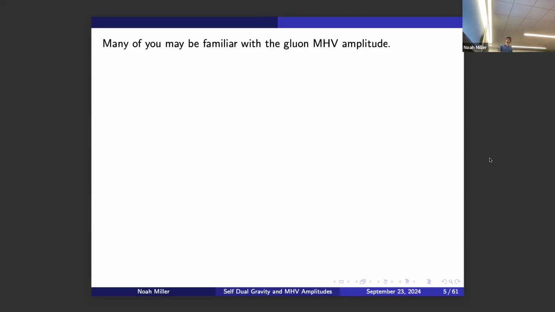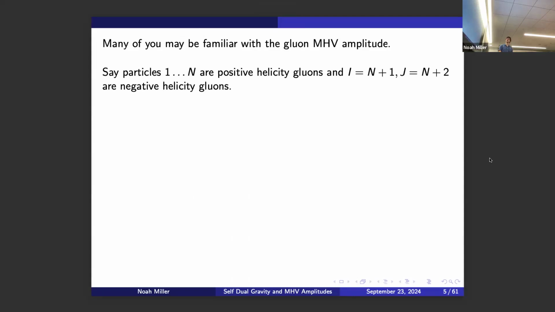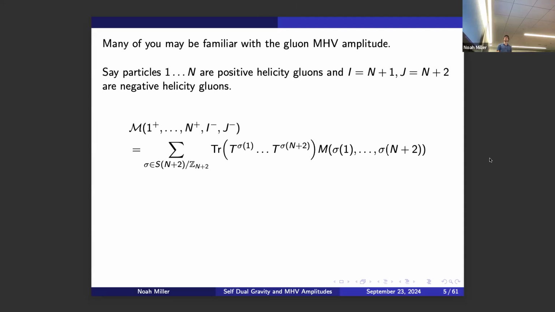So some of you might be familiar with the gluon MHV amplitude, which is sometimes discussed in QFT courses. So if you have an arbitrary number of positive helicity gluons, just in pure Yang-Mills, let's say, and let's label the two negative helicity gluons by I and J, which let's just say are I is n+1 and J is n+2, then we can always write a Yang-Mills amplitude in this color-ordered format where you have generators for the algebra, SU(N) or SU(3) or whatever, in some sort of cyclic ordering, and here we have the